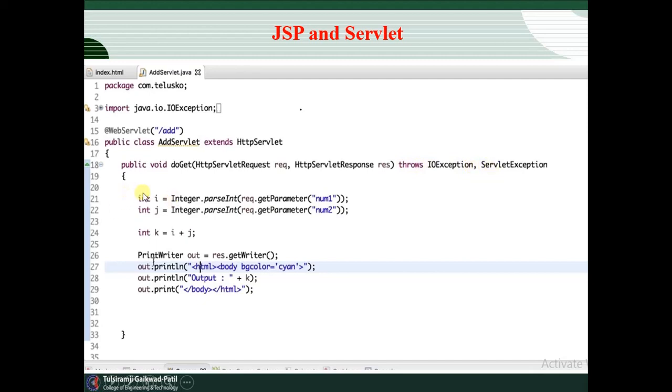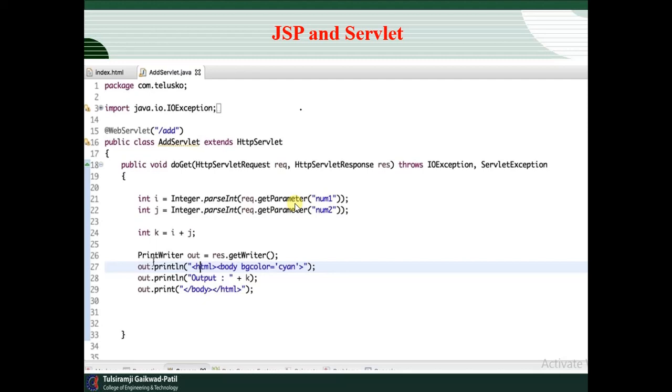Now opening brace. Here we have taken two variables, i and j, to take input values from the keyboard. It is of type integer: Integer.parseInt(req.getParameter). When you enter any value through the keyboard, it must be stored in that variable.